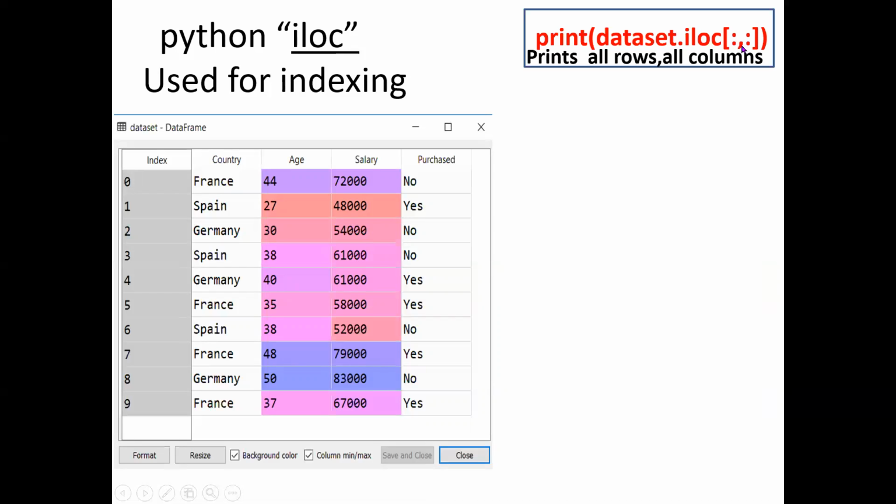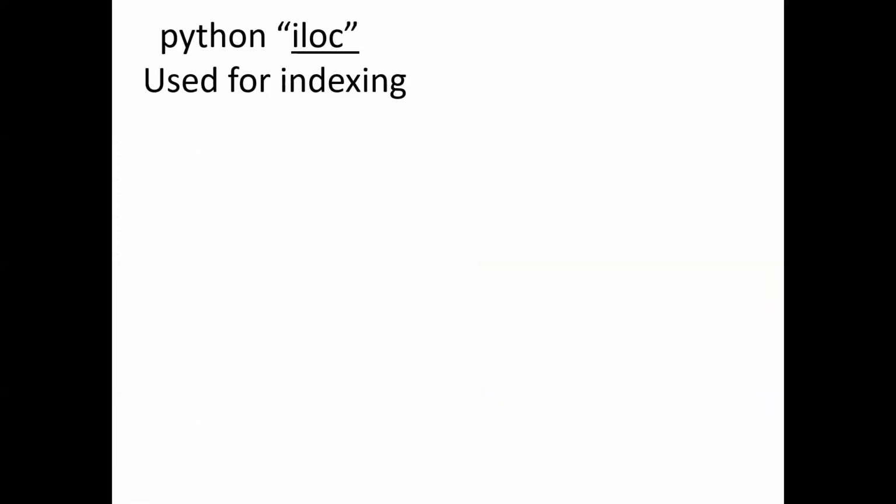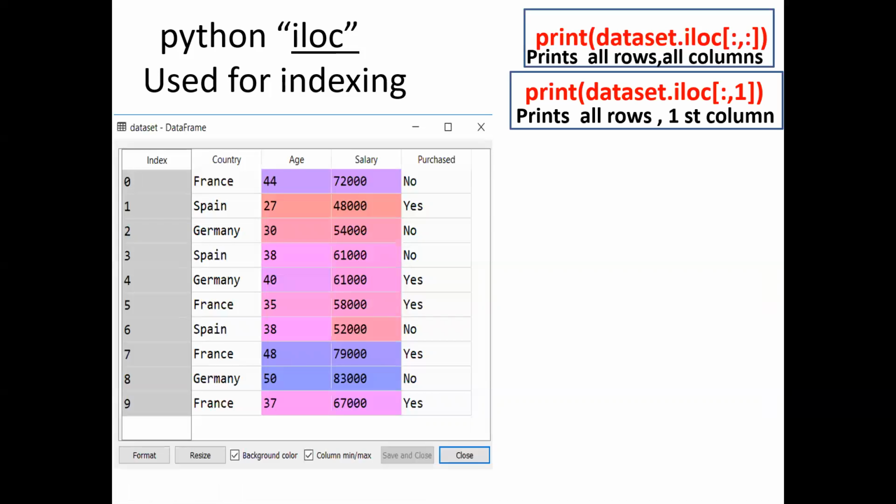The part before the comma indicates rows and the part after the comma indicates columns. So colon comma colon means all rows and all columns. That means the whole data set is printed. Okay. So next, if you want to execute this in your Python, I will show you. But before that, we will see one more example.